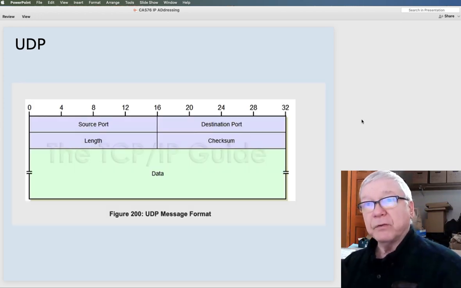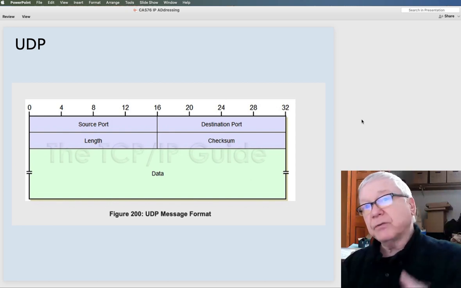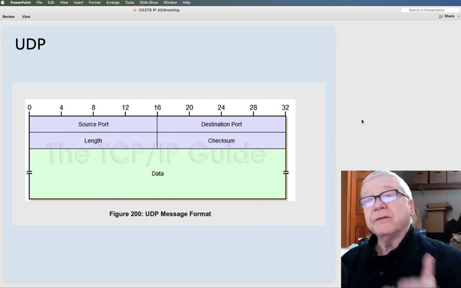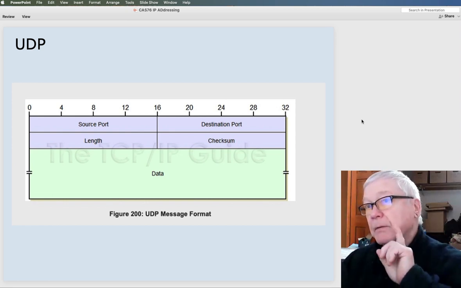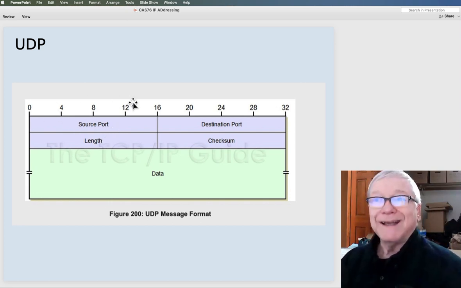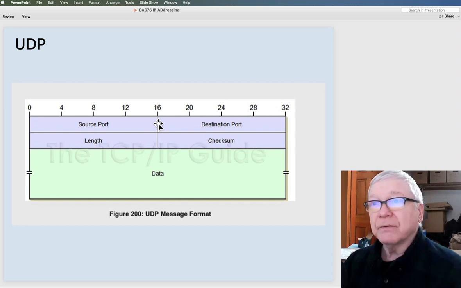If previously you said, I'm carrying UDP, then at layer 4 the code says, oh, that's UDP inside, which means my plan for decoding says at this point in the offset, that's going to be a source port. And then the next bits, from 17 to 32, that's going to be my destination port, etc.